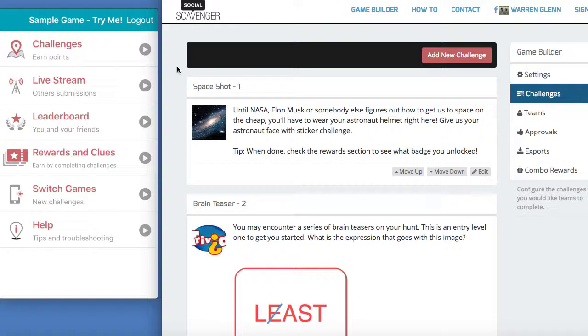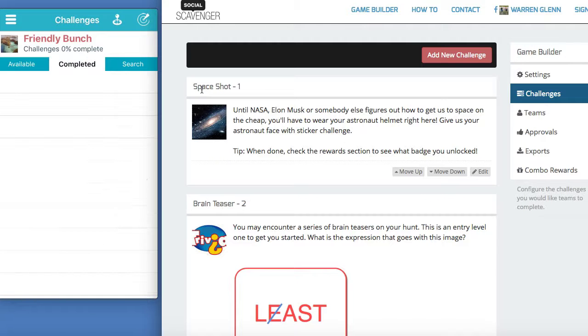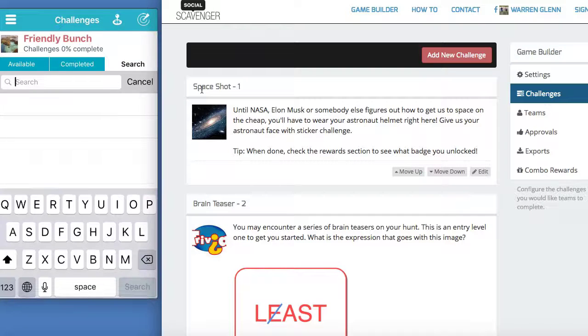If you look at the phone over here on the left, you can see the first thing someone sees is challenges. So your player is logged into the app and they've joined your game. We skipped that part. And there's my team at the top, Friendly Bunch. I've completed 0% of the challenges. There's a list of available challenges, there's the list of completed challenges,